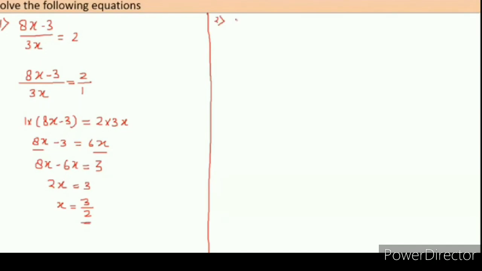Yes, copy down this. Next equation: 9x upon (7 minus 6x) equal to 15. 15 we will put over a denominator of 1 and convert into the form of a fraction. Again both sides have one fraction, so we will do cross multiplication. 9x into 1 is equal to 15 into, open the bracket and write inside the two terms, 7 minus 6x. Next, 9x into 1 is 9x. By 15 we should multiply both the terms.